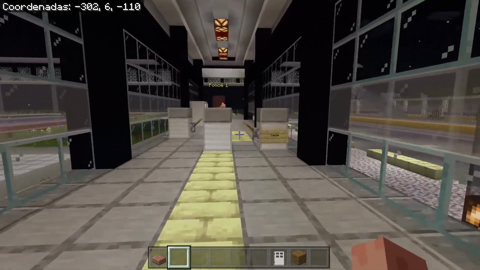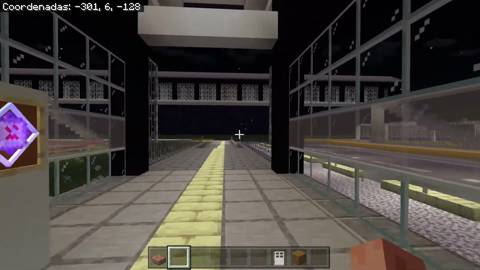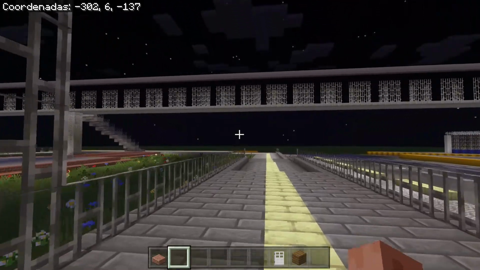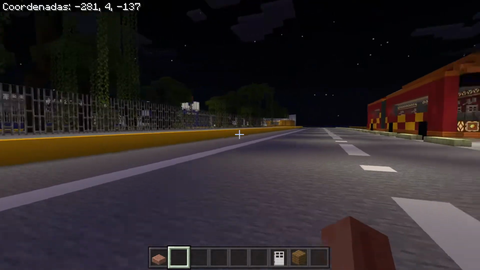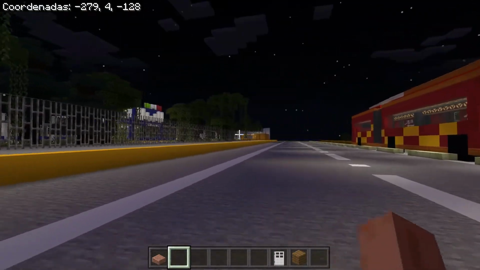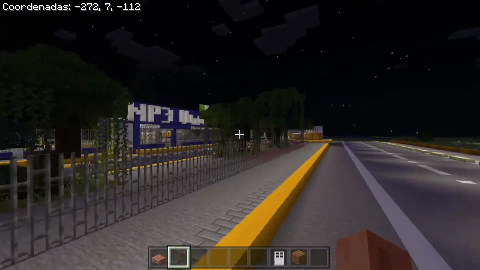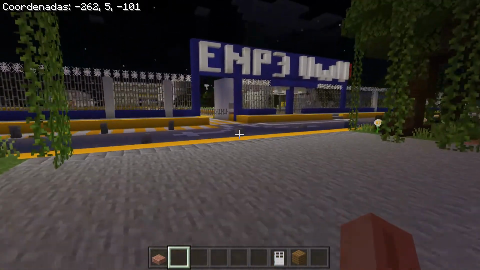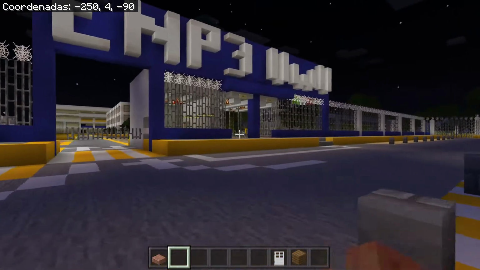I'm going to go out and I want to show you this world, this map that one of our students of high school number 3 of the UNAM has developed together with his friends. I am able to jump very high so that I can surpass that fence.